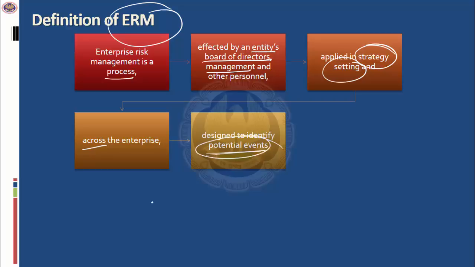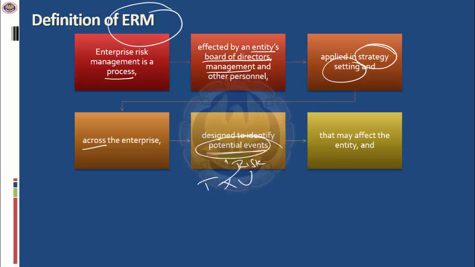What is the potential event? If you remember, potential event is various types of risks which can occur. What is the risk? So we know risk is threats, exploits, vulnerability that may affect the entity. For example, there is a rain in Chennai, but that will also have an effect in Bangalore because the Bangalore also may get affected. So you need to look at the events and what is the impact of that event.